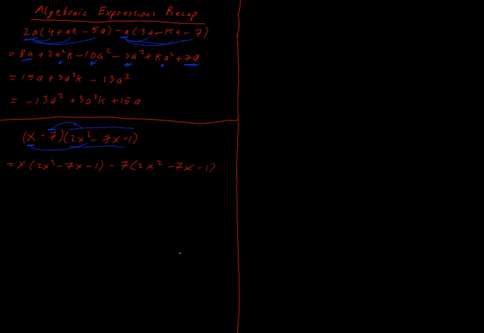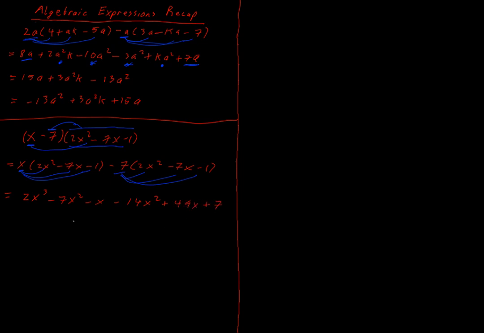And we are going to multiply that out. We're effectively back at the same position as we were in the previous question here. So I'm going to have x multiplied by 2x squared, x multiplied by minus 7x, and x multiplied by minus 1, and then minus 7 multiplied likewise. So I have 2x cubed minus 7x squared, minus x, minus 14x squared, plus 49x,